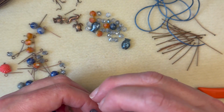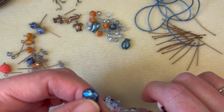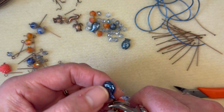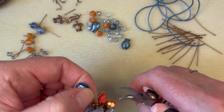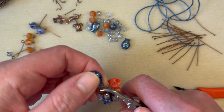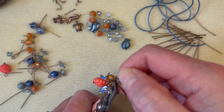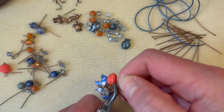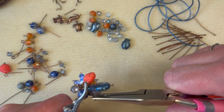And I'm going to be really careful not to cut my chain this time, you guys. You know, all the years I've been making these, I have never ever once done that. And I don't know how I did it. All right. But at least I'm showing you how to fix it, right? So we gotta have a weird thing happen to us just so we can see how to fix it